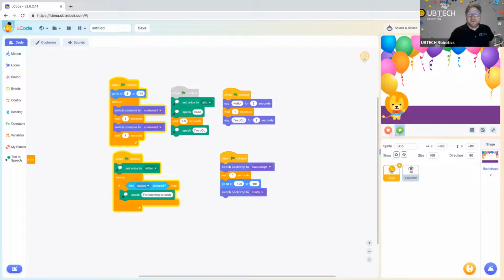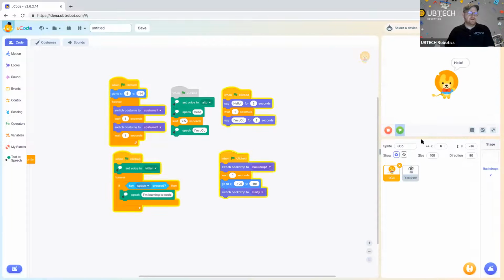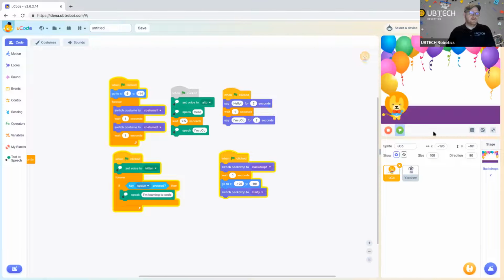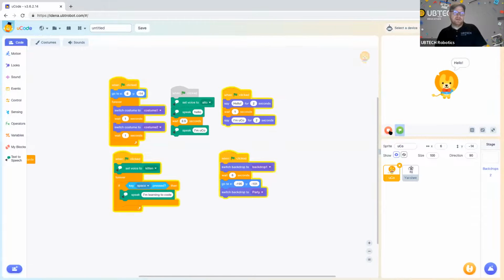We want to make it a little bit smoother here. How do you guys think we can make it smoother? Anyone at all? Maybe we add another second here. Okay, let's try that. Okay, that's a little better, right? A little better. But if you guys remember, I had that nice music that syncs right with the changing of